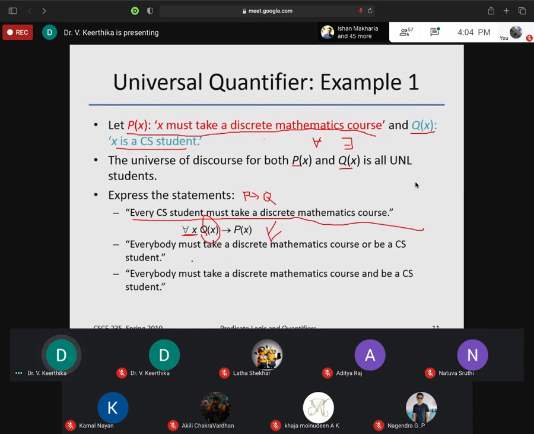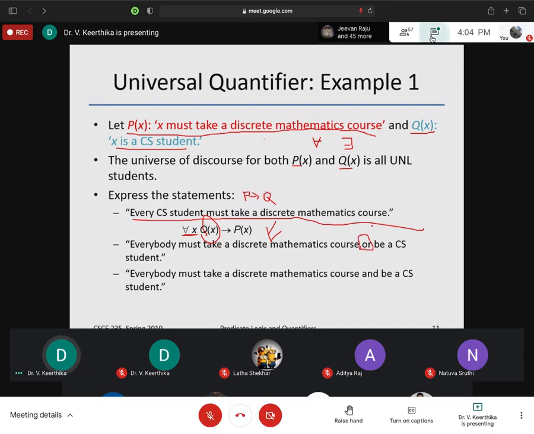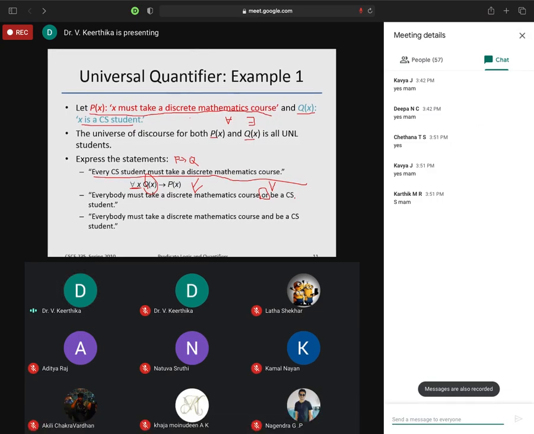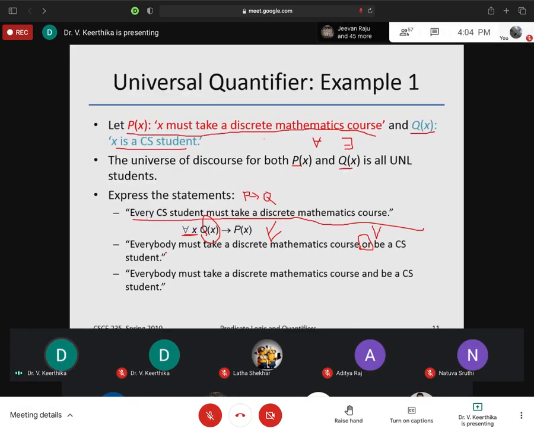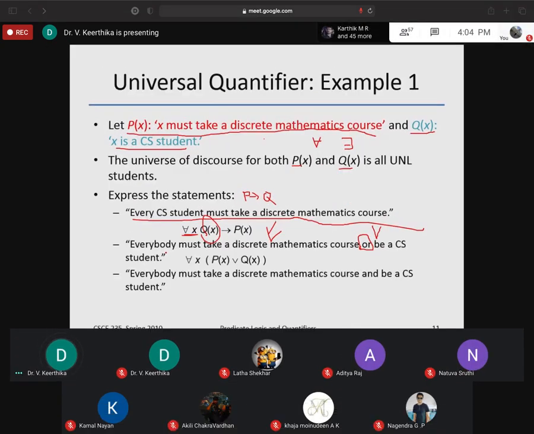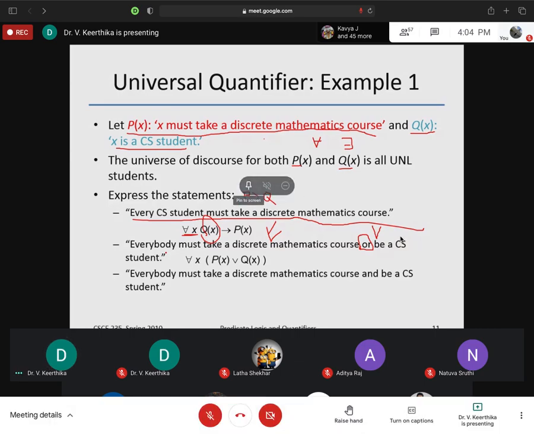Read out the second one. Everybody must take a discrete mathematics course, or I'm using the symbol for or, be a CSE student. Let's see the answer. So what is it?